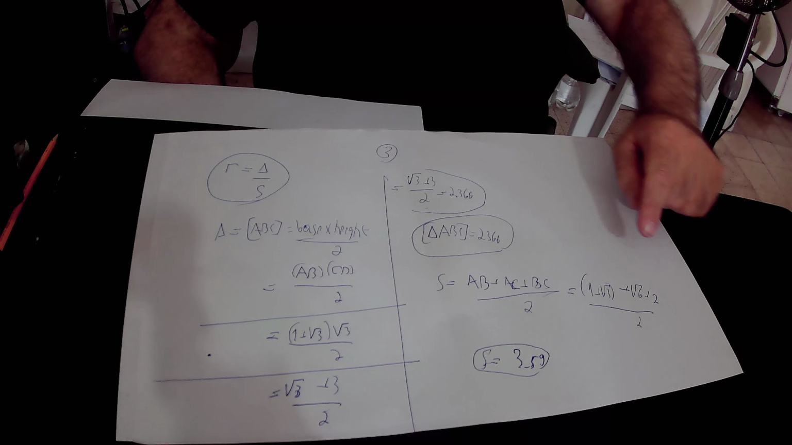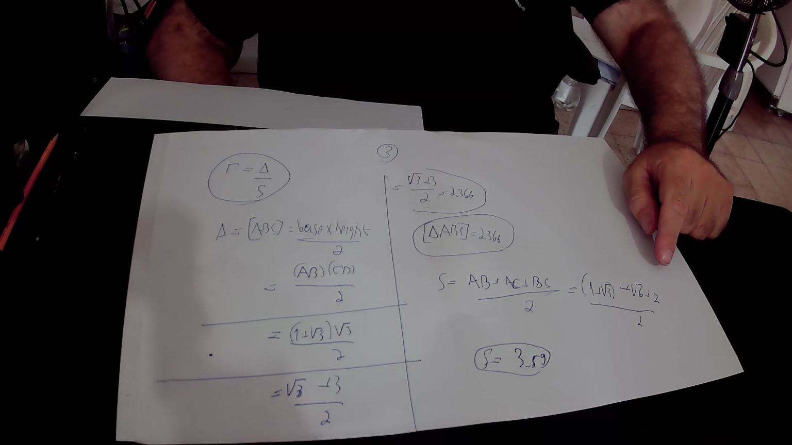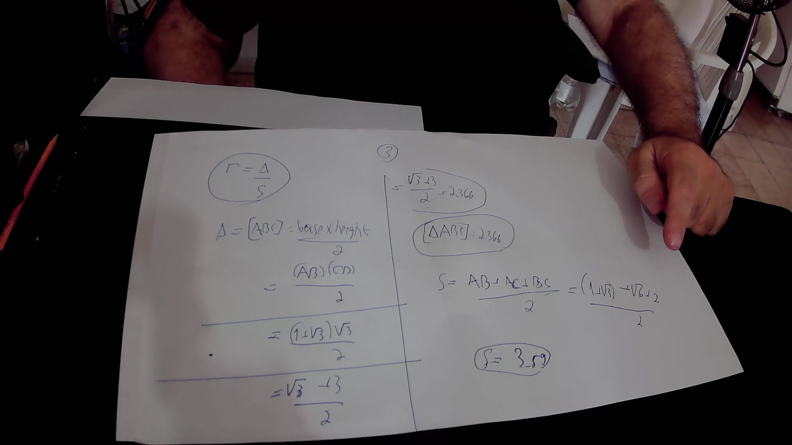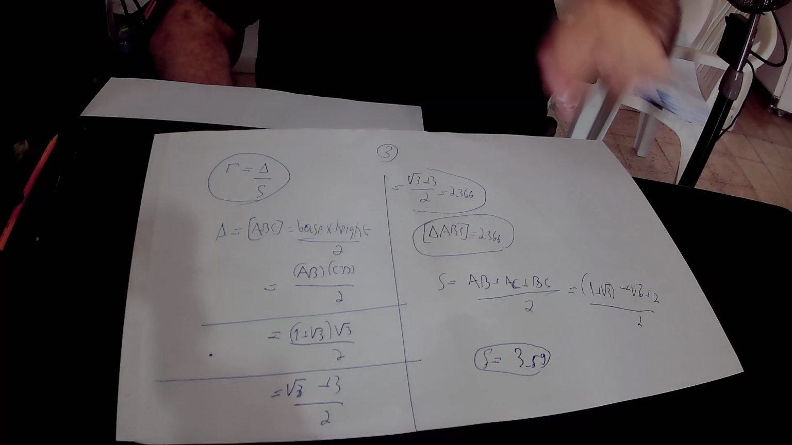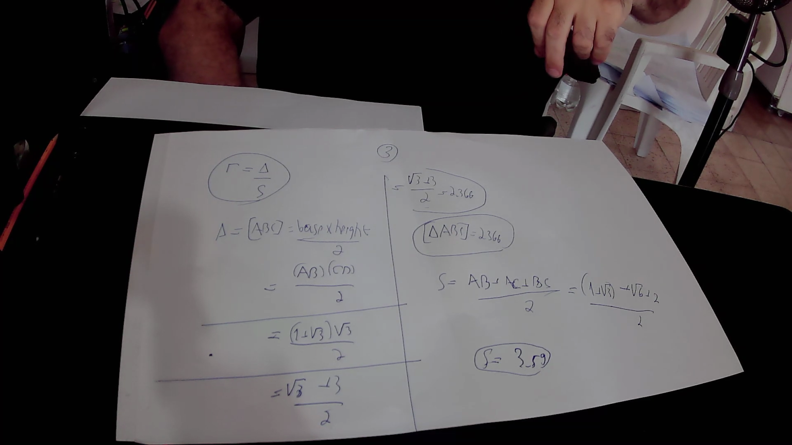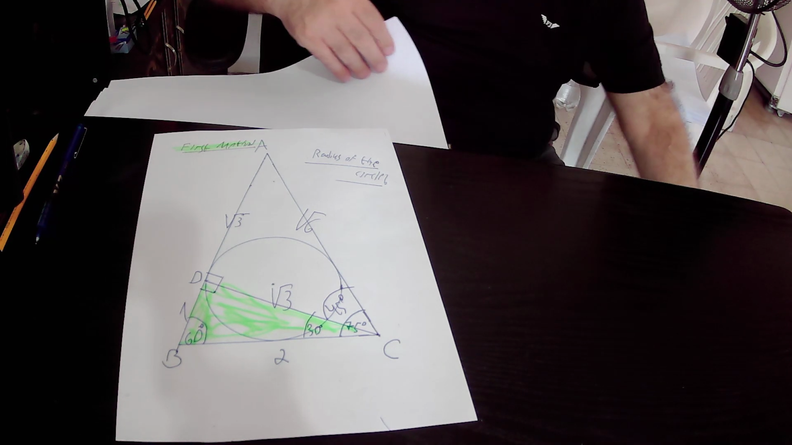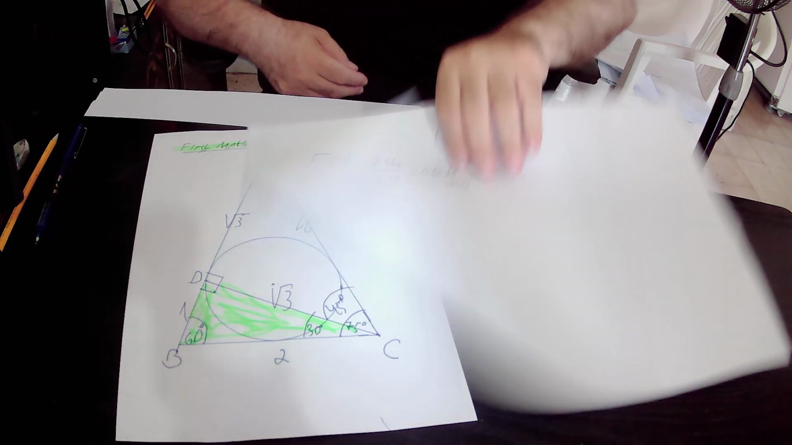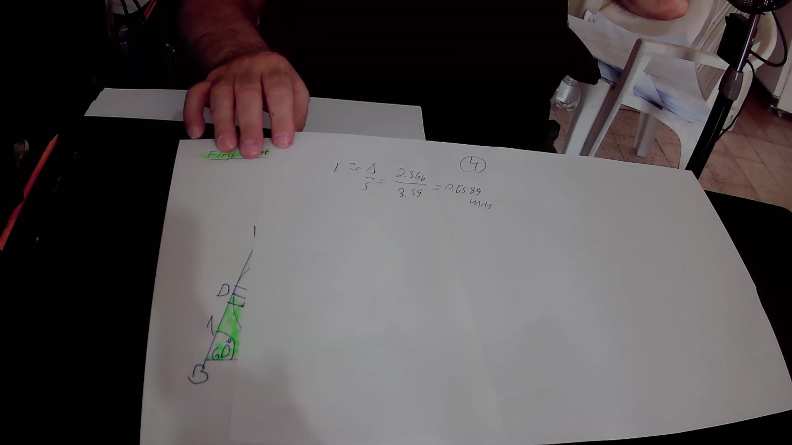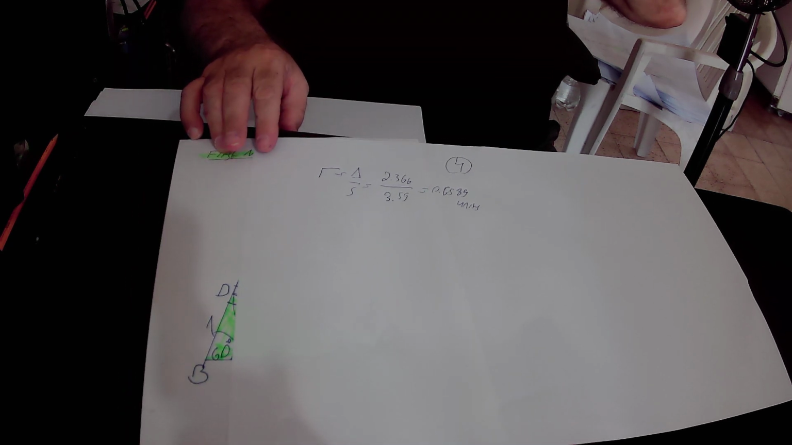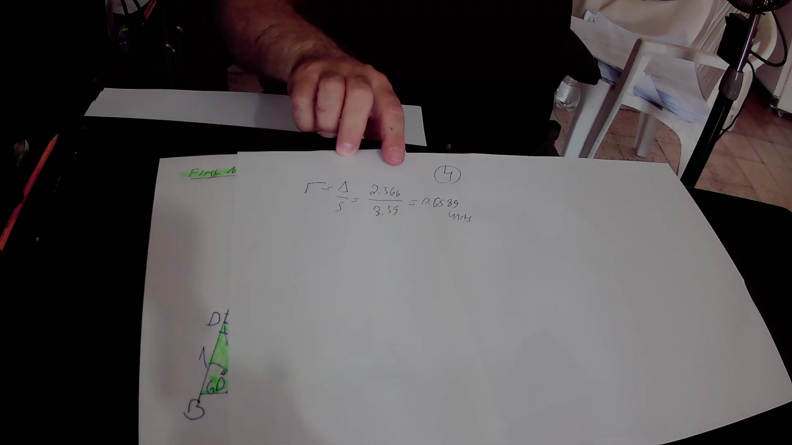Side AB equals 1 plus square root of 3. Side AC equals square root of 6 units, and side BC equals 2, all divided by 2. The value of this expression equals 3.59 units, and therefore the radius of the circle that is described by triangle ABC equals the area of triangle ABC, that is 2.366